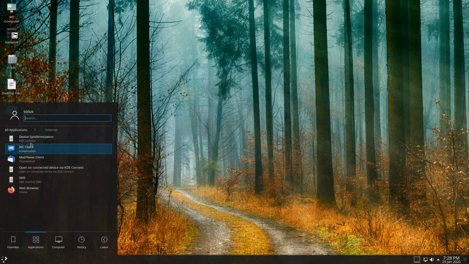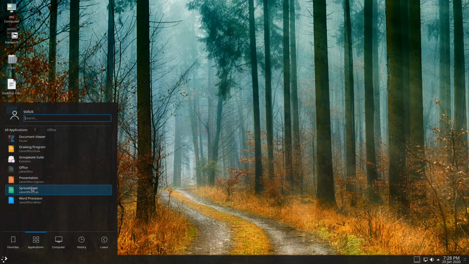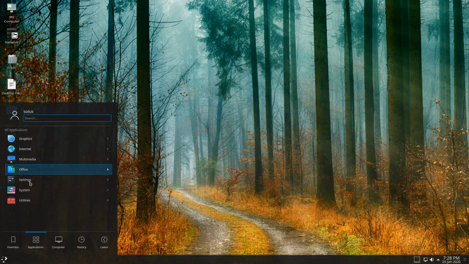The one thing that I'm seeing that we have installed here that we did not have on Neon is we actually do have LibreOffice. I installed Evolution, so that's something that's not going to be installed out of the box. I installed it just to give some things a test.